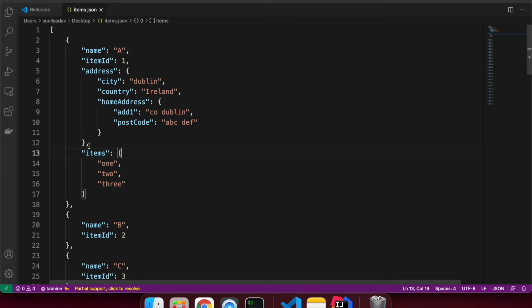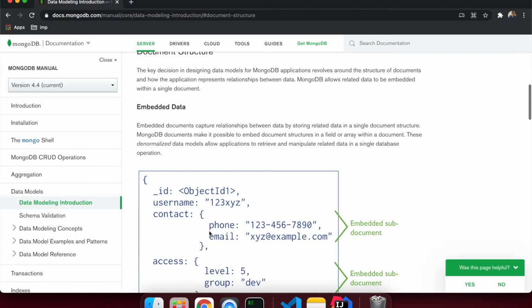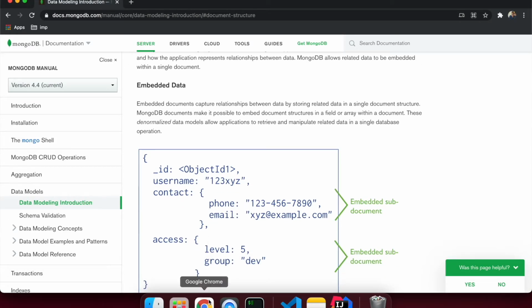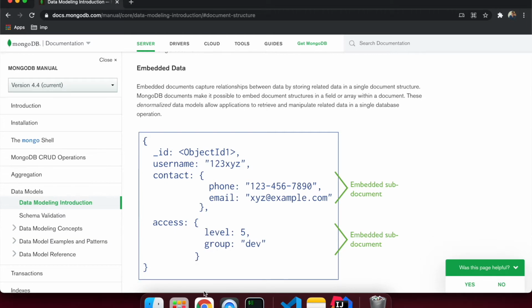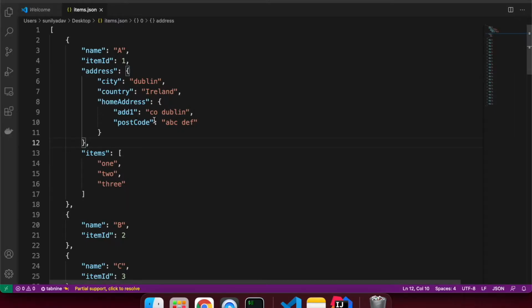So these are the nested documents in MongoDB. The maximum nesting you can have in one document is 100 levels. You can call them nested documents, or embedded documents.